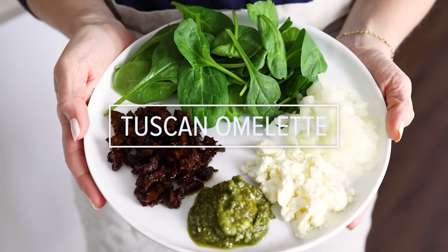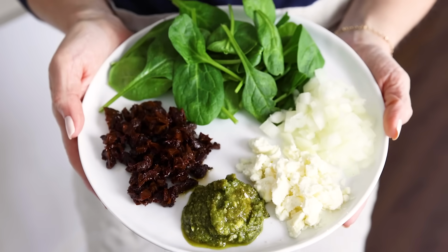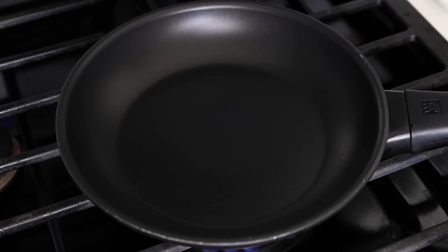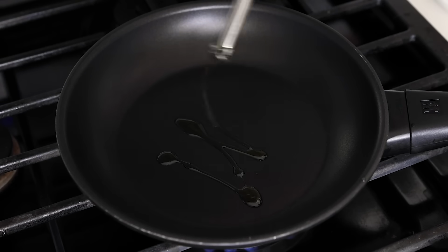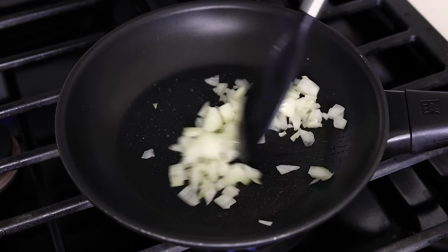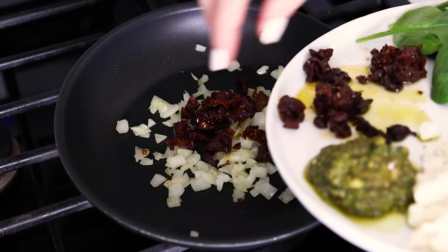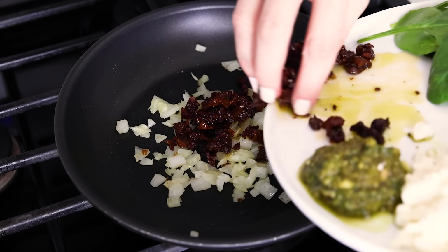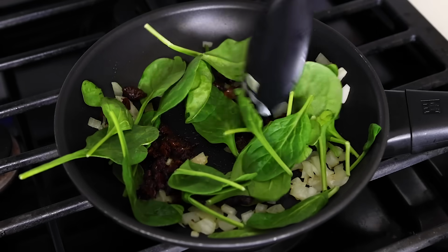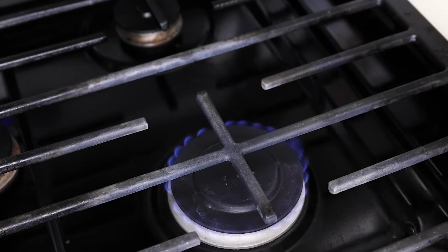The last flavor is a Tuscan omelet, and it's a mix of sun-dried tomatoes, yellow onion, baby spinach, fresh pesto, and feta cheese. Add a drizzle of oil to the pan and then toss in a 1/4 cup of diced yellow onion. Sauté it for a few minutes or until the onion becomes translucent, then add a 1/4 cup of diced sun-dried tomatoes and about a 1/2 cup of loosely packed baby spinach. Sauté that for another minute until the spinach wilts down, then remove it to a small plate and wipe the